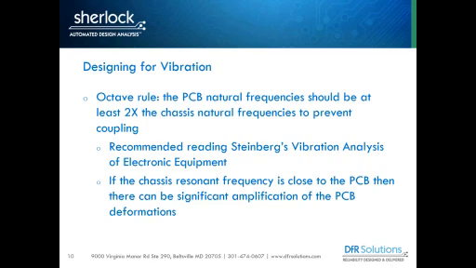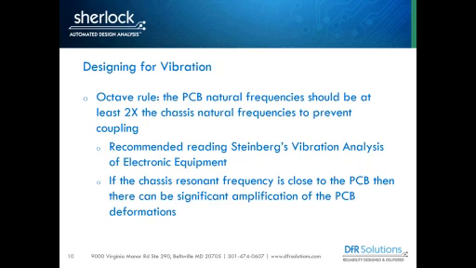And an octave is a doubling of frequency. So really, you do not want your printed circuit board natural frequency to be within 2x of the chassis natural frequency. What will happen is you'll get coupling between the two and you get large amplification factors. It could be 20, 100x of amplification from the input vibration to what gets subjected to the circuit board, because